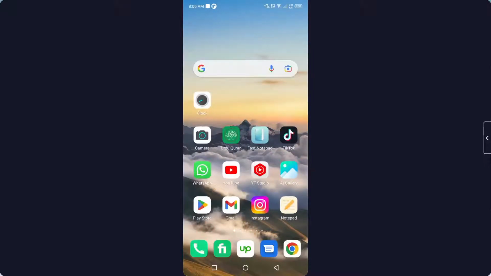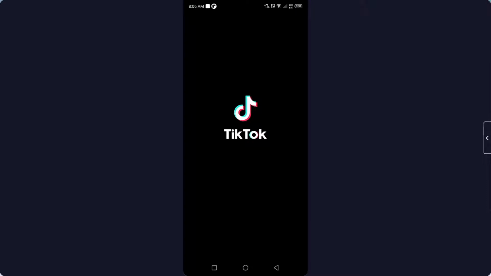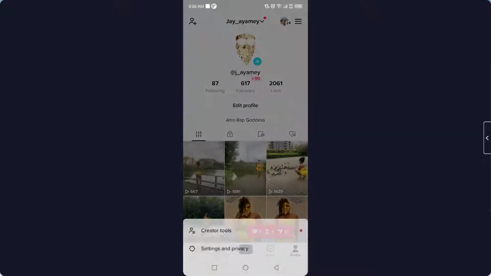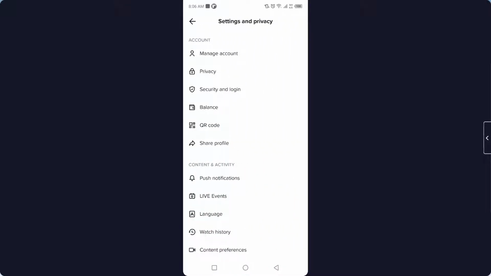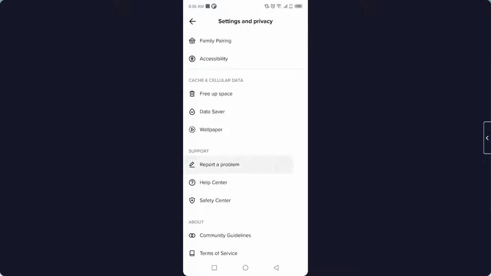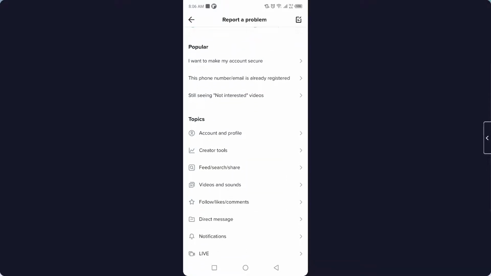Then you need to go back and open the TikTok application, and then you need to take a screenshot of your profile and click on three bars in the top right and go into the settings and privacy. As you can see that there is no direct option, so you simply need to click on report a problem. Once you click on that option, so here you can find different options, so you simply need to click on